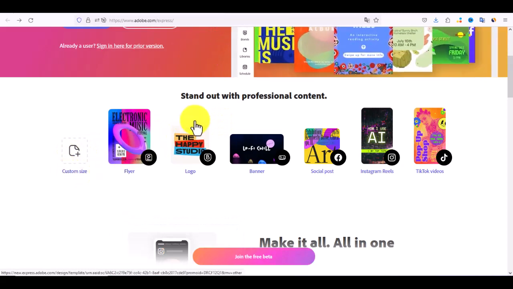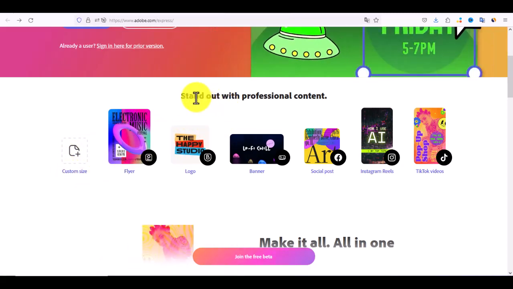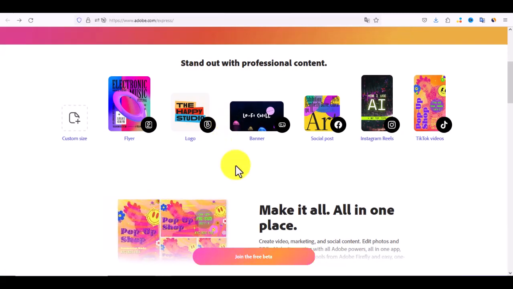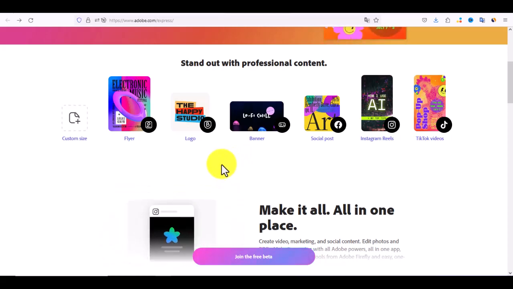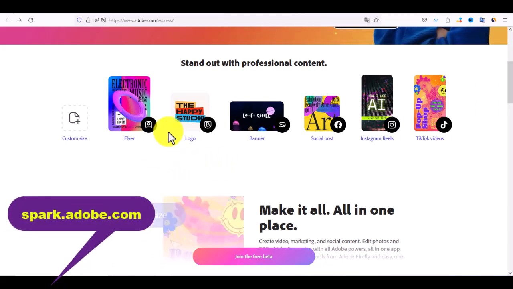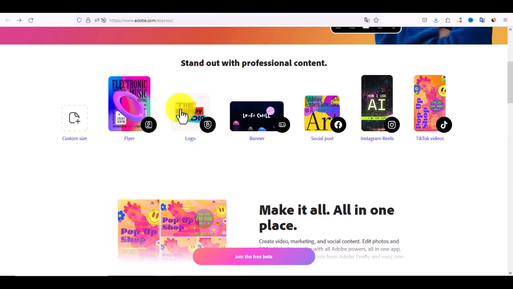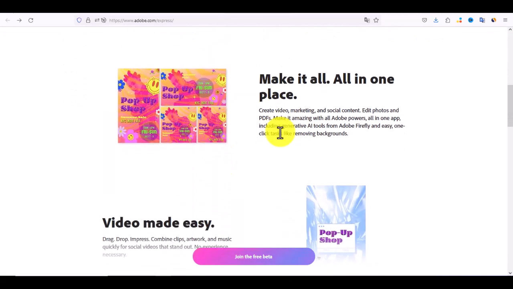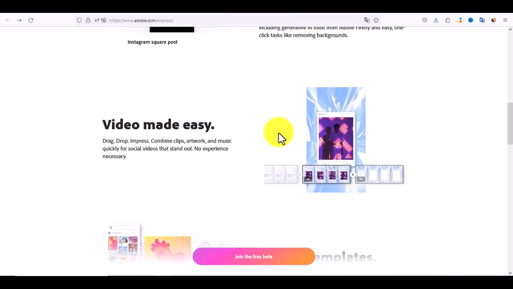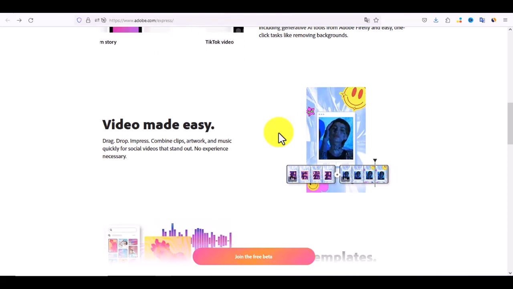And the best thing is that you can earn hundreds of dollars with the second website. So before we get to that website, I'll show you how to create those photos first. So let's start with how to do these photos for absolutely free. So just go to sprite.adobe.com. It's a free online tool with hundreds of thousands of different templates that let you just drag and drop